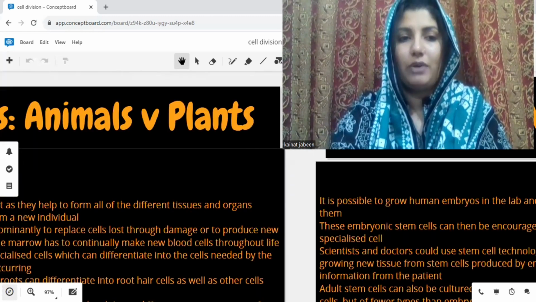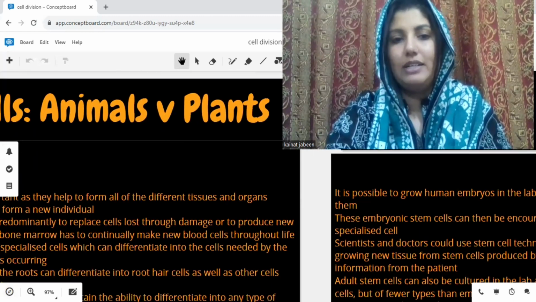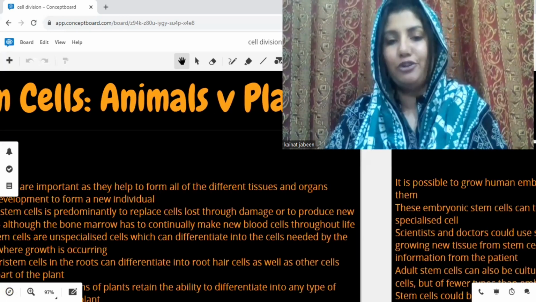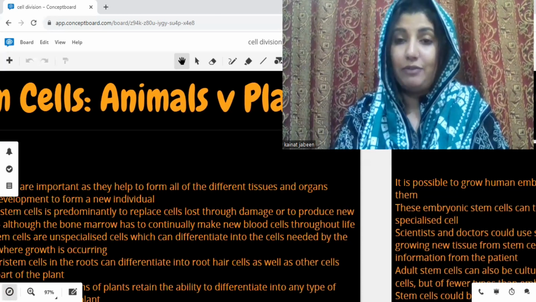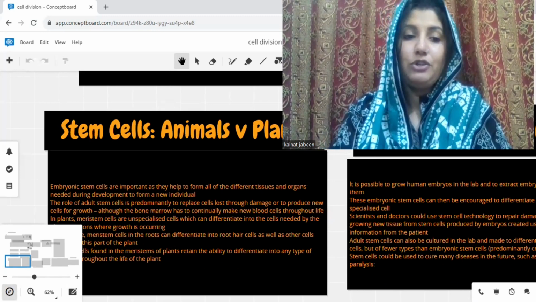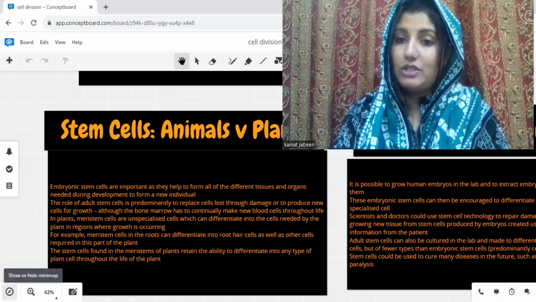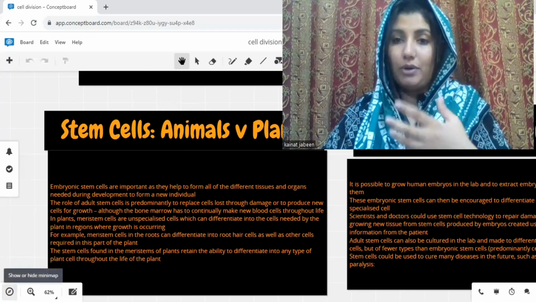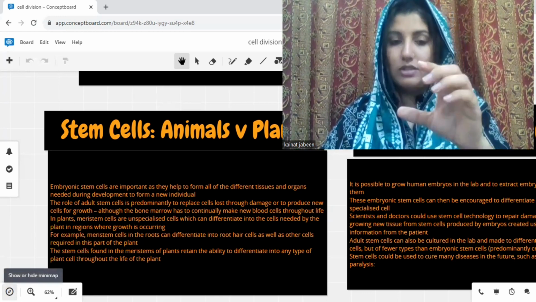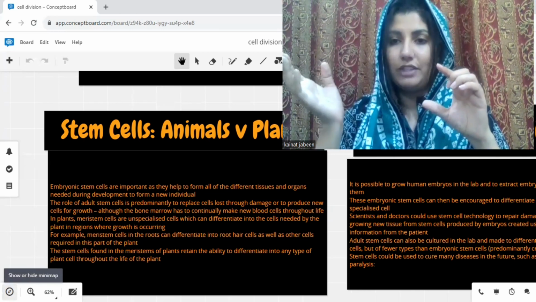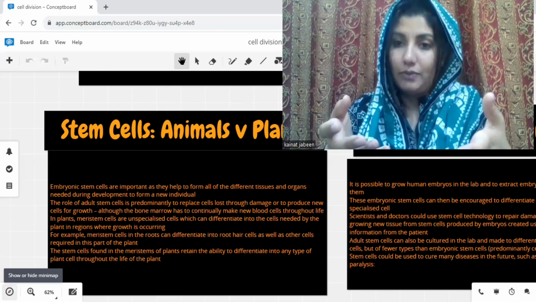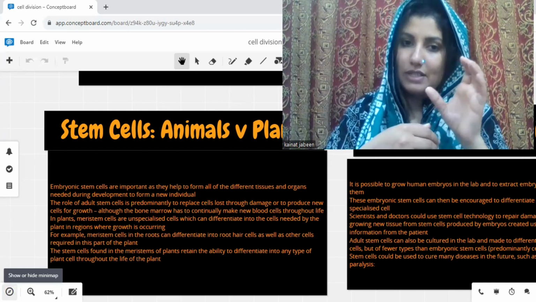Now we have to talk about animal and plant cells. As I told you before, animal cells have two types of stem cells and plant cells have one. Where are we going to use them? In the cloning process. For example, with plants, we can make new clones of a plant, because from one plant it is easy to get a lot of other plants in less time, especially for those that are going to become extinct. We can regrow them by using stem cells.